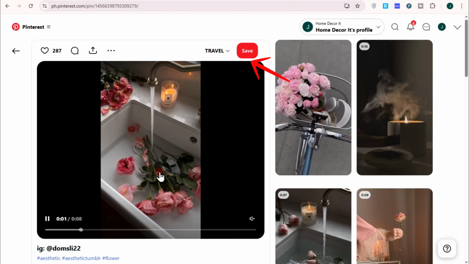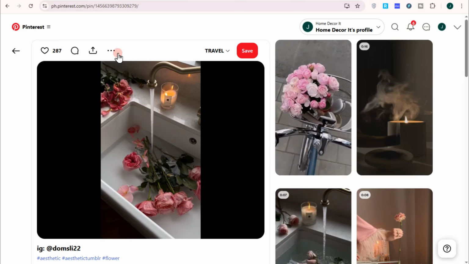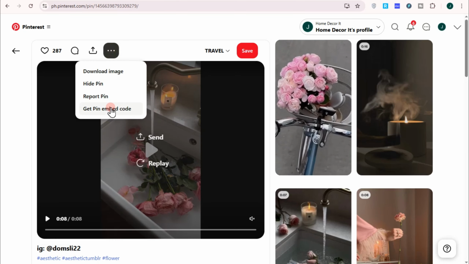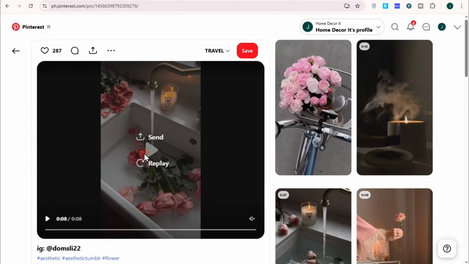Also, if you tap the share icon above, you will just copy the link and that's it. So what you're going to do is you have to click this three dots. So as you can see, there's no download video. All you have to do is to copy the link or the code, and then you can go to a